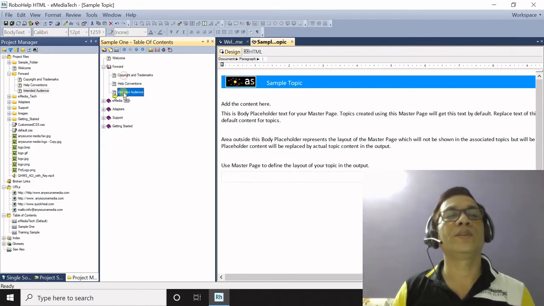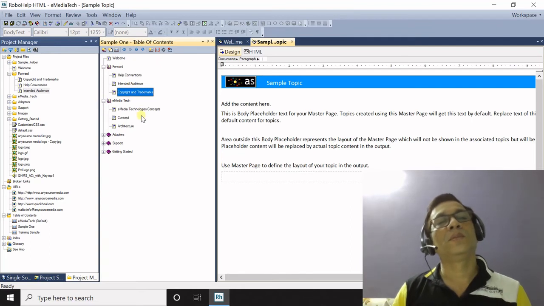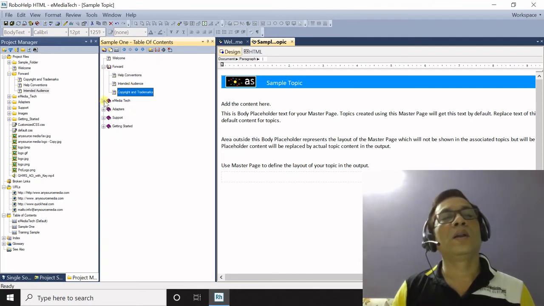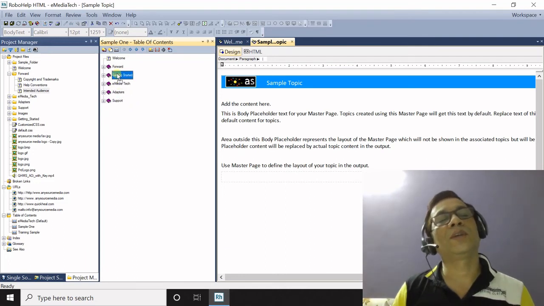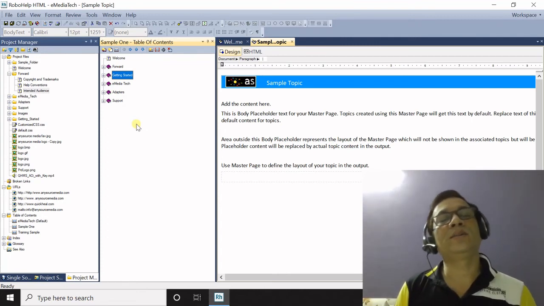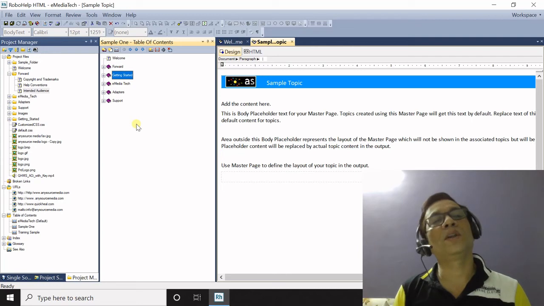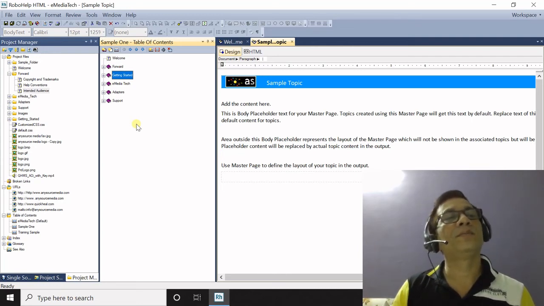For example, I can move to this folder, see this, or from here to this level. Now I'm going to move this getting started to this section. You can see that I have readjusted all the folders and topics as I want. Click save.